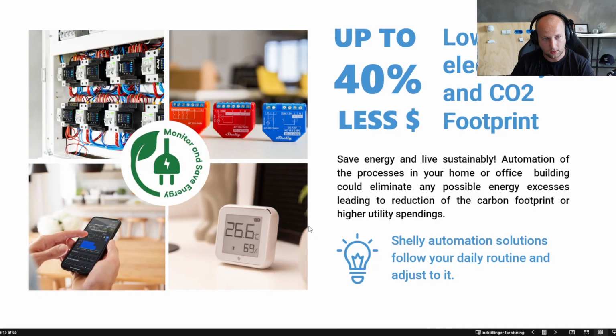A lot of things. So you can of course also save a lot of energy, and this is one of our key focuses, especially because we have this energy crisis. So Shelly is fitting in quite well. So we say that you can save up to 40% energy. Of course, this completely depends on the age of your house, how you automate your lighting, how you automate your heating, and so on. But in the end, there's quite a big potential for a lot of savings if you want to do that.